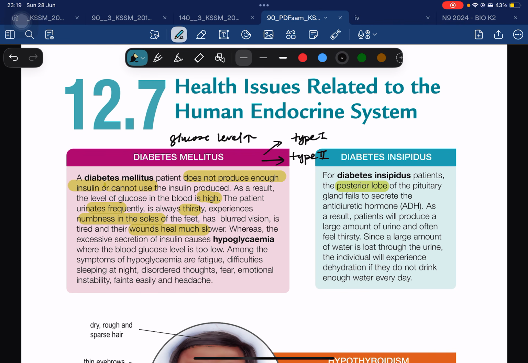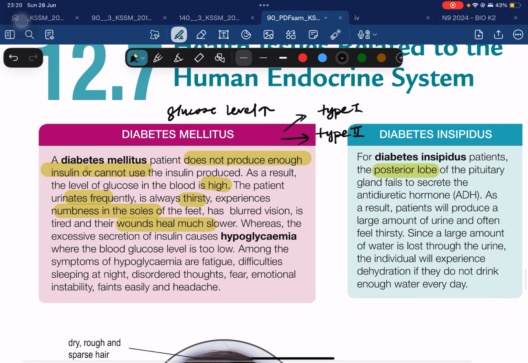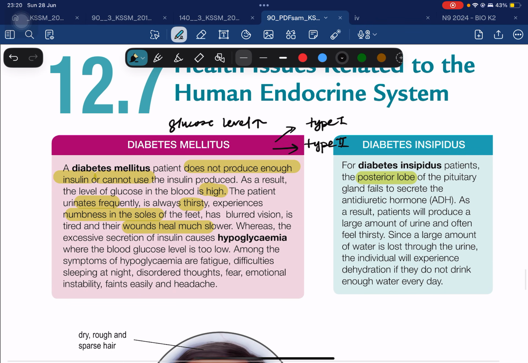So both have the name of diabetes, but what is the difference between diabetes mellitus and diabetes insipidus? Basically, when related to the name of diabetes, we try to imagine something about sugar, or even glucose. Yeah, that's right. For diabetes mellitus, it relates more to your blood glucose level. But for diabetes insipidus, it does not. For now, I want to teach you diabetes mellitus first, and after that I will probe into diabetes insipidus.